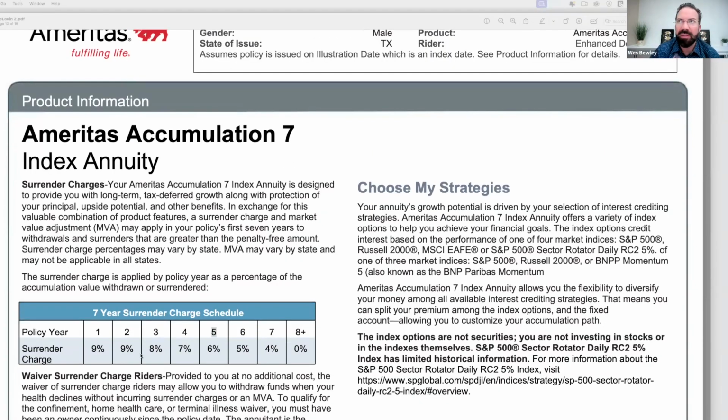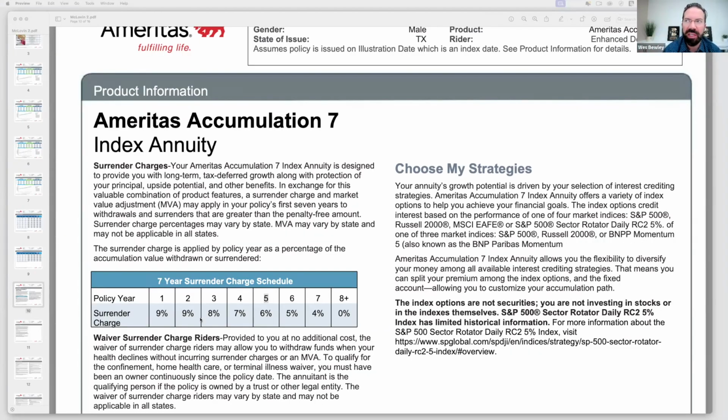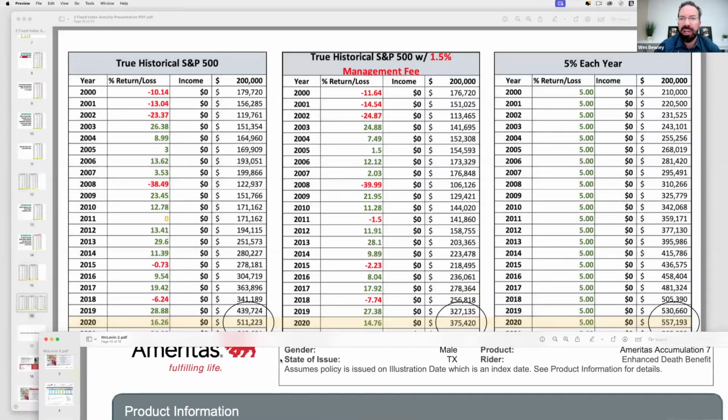Now, look, I don't like the surrender charge. I don't like 6%. 6% sounds horrible, but let's put this into perspective. So remember, you only owe 6% on anything above the first 10% that you take out. So the first 10% is $26,000, so that's free, okay? The next 20% was $24,000, and we pay a 6% fee on that, which is $1,440. So if you write that down, $1,440 that we use for this example, I don't like $1,440, but let me show you how that's really not that big of a deal in the grand scheme of things here.